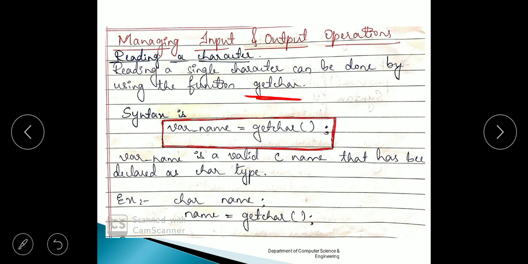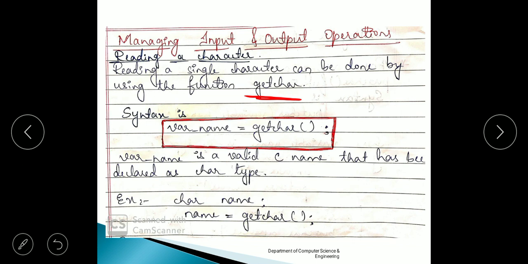So what exactly happens here is, if I press H or any alphabet or any number, that will be assigned to the variable name. It is of character type, so it can accept any type of input. It can take numbers or alphabets or any symbols because it is of type character. Character in the sense it accepts all the inputs, correct?